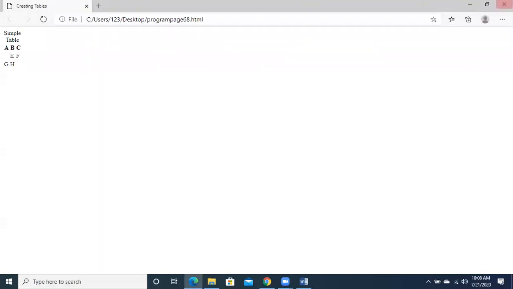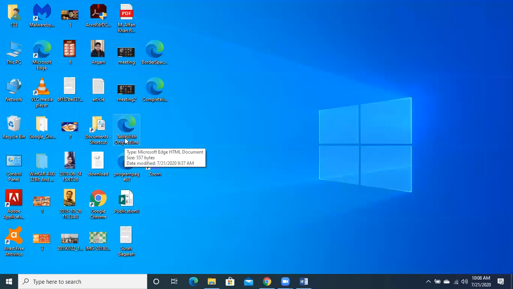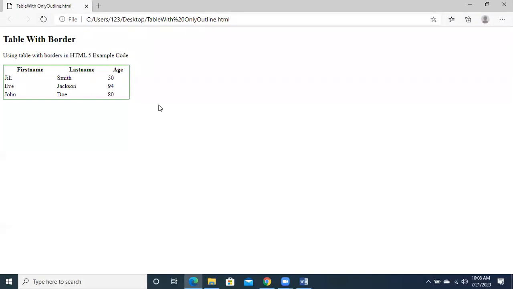Okay, ji. So what we are going to do is apply a simple outline. How can we apply the outline? Take this example. Now see the example. This is the tabular data. I have already typed the file so that our work could be minimized and our time saved, but it does not matter. I am going to give you this typed code in your Google Classroom so that you can implement it at home. But the main purpose and objective is that we should be able to understand the concept.